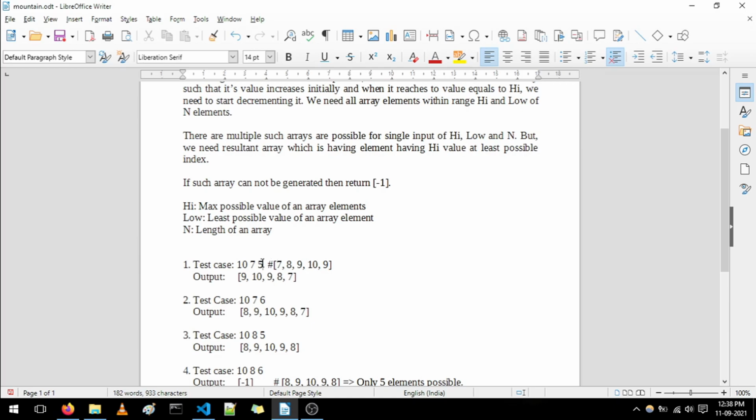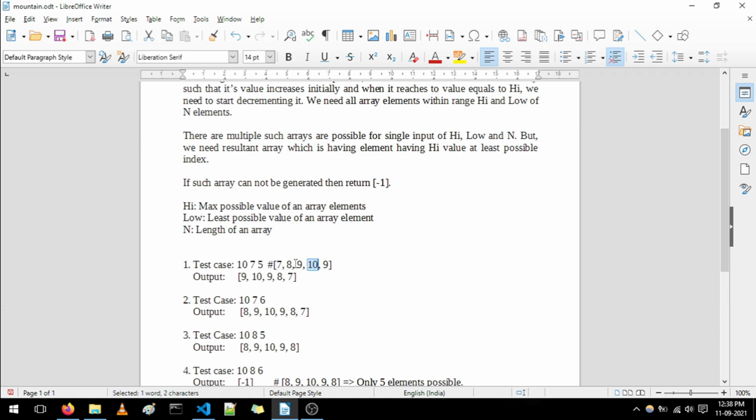First rule is that the array must have 5 elements. So there are 5 elements. The second rule is all elements must be within the range of 10 to 7. We can see that the least possible value is 7 and the maximum possible value is 10.